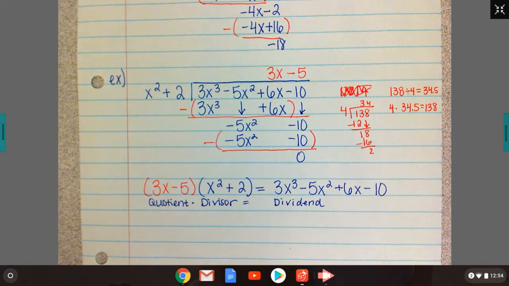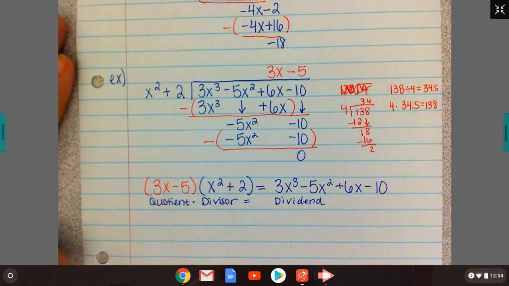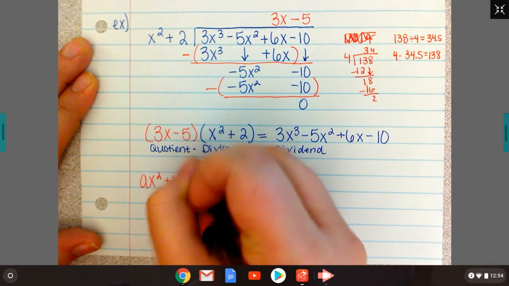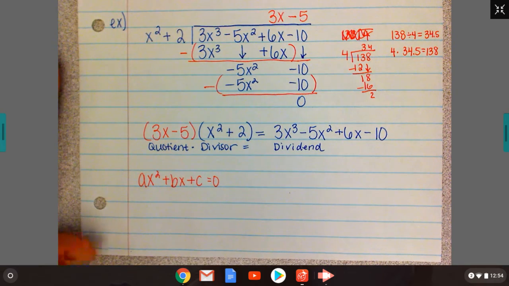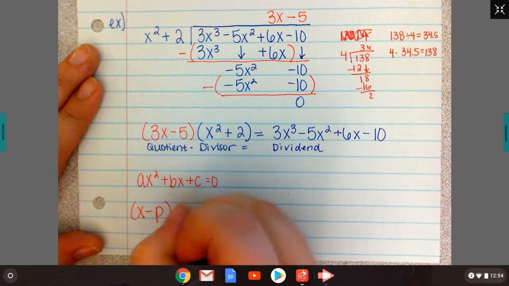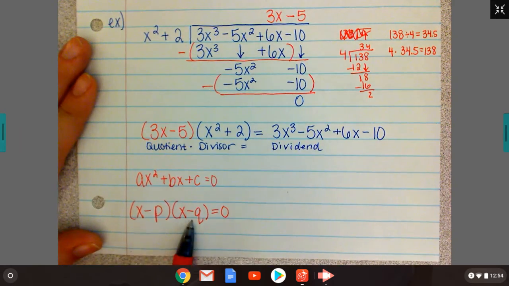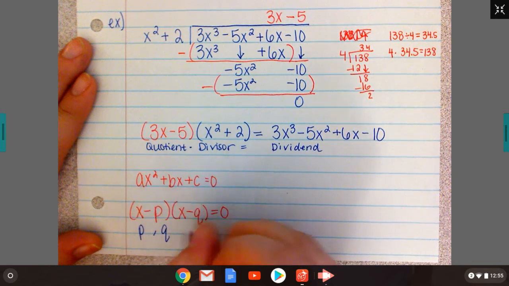But what's cool here is notice that this is in standard form, and this is in what we used to call intercept form. Think way back to when we did our notes on quadratics, and we had something like ax squared plus bx plus c equals 0, and we could graph this from quadratic form. And we had a different version that looked like this, x minus p times the quantity x minus q equals 0. And this one we could find the zeros. P was a 0 and q was a 0,